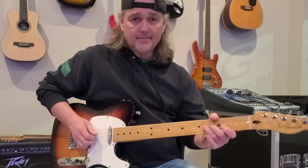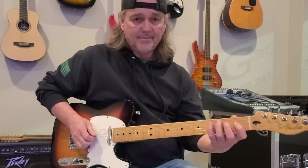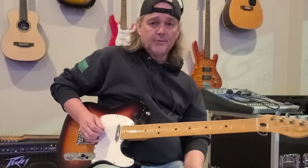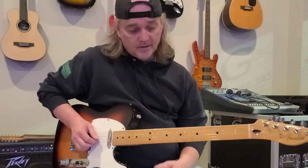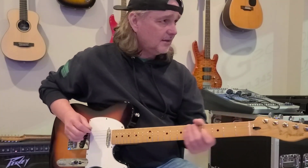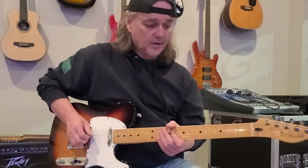But that lick. That's pretty much Haggard's version, and it's in E. I'm playing in E. I think Haggard's was in E. I think that's the key he did it in, the original key, but